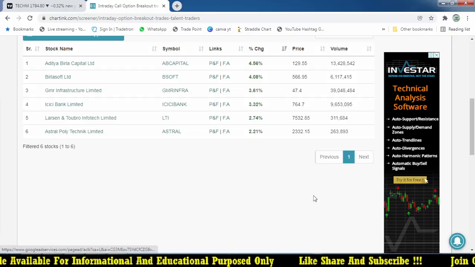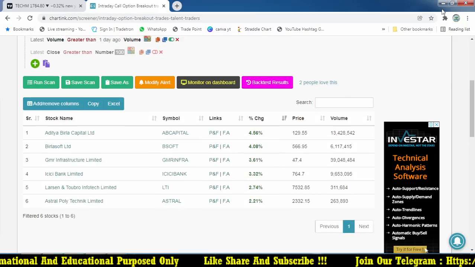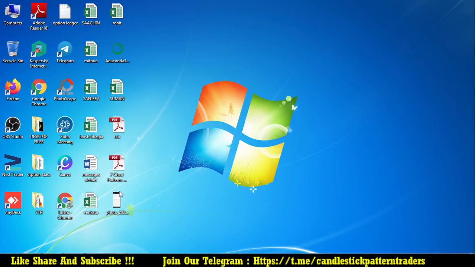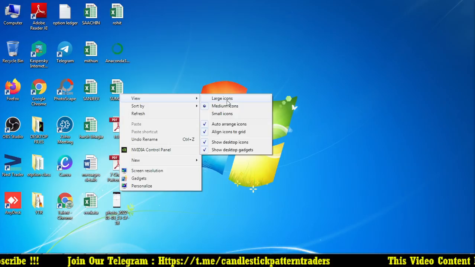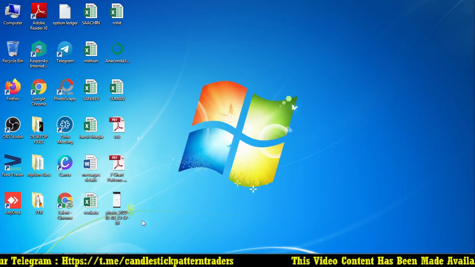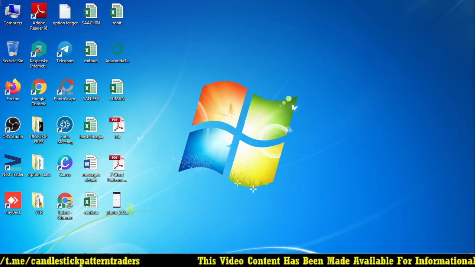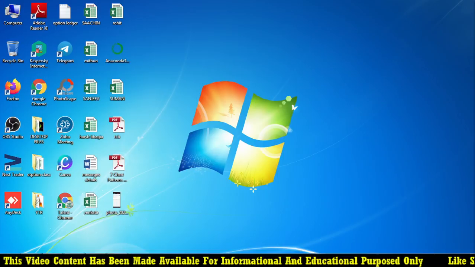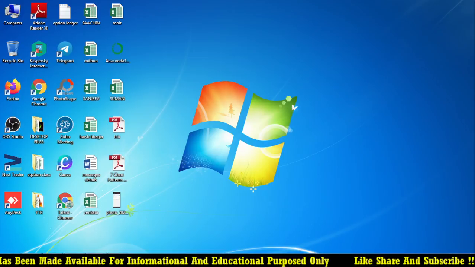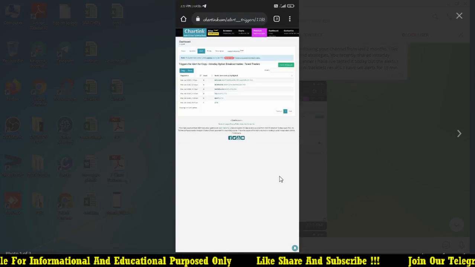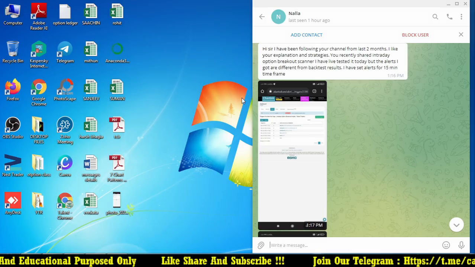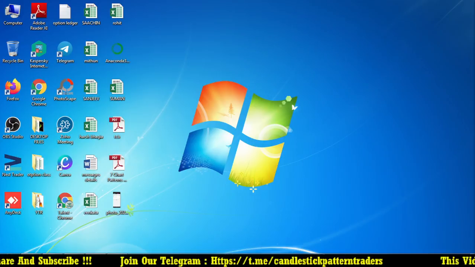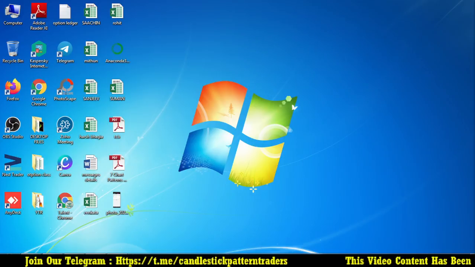Let me show you an example. What are the stocks coming today as per this buy scanner? This is the message. Oh my God, this will not open. Let's see. Sorry, this image was not opening. One of the students sent me this message, let me show. Can you see it clearly? I'm not able to see clearly, so let me copy it and open it on some other page.